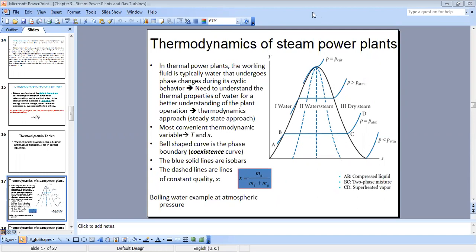So if you look at this graph, if I follow these lines, you have lines of constant pressure, okay? If I follow lines of constant pressure,